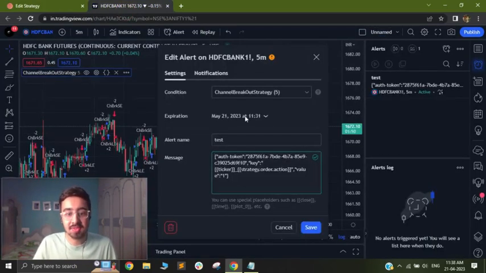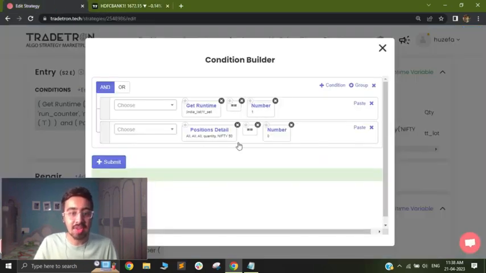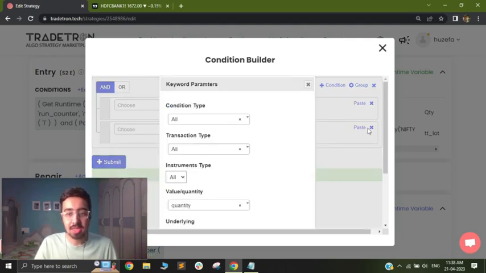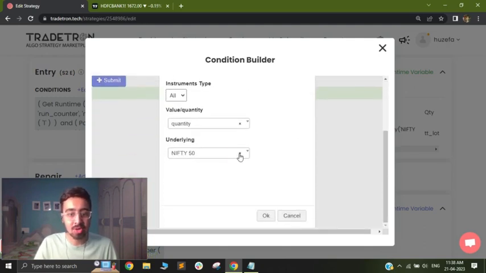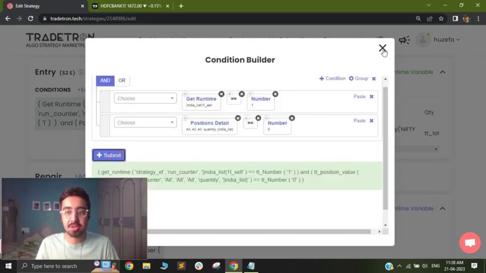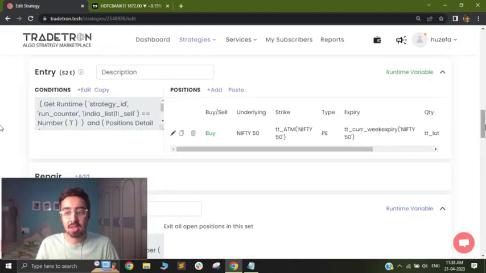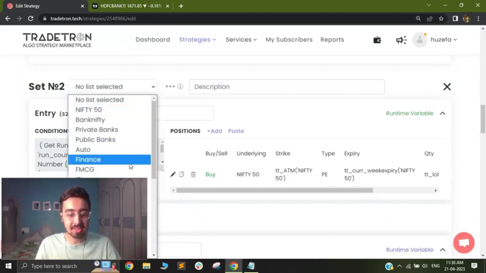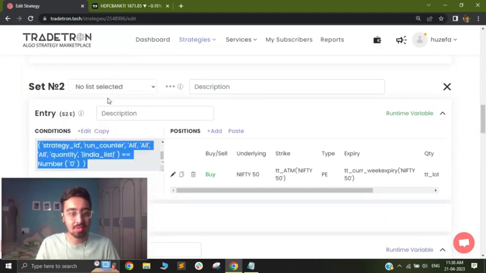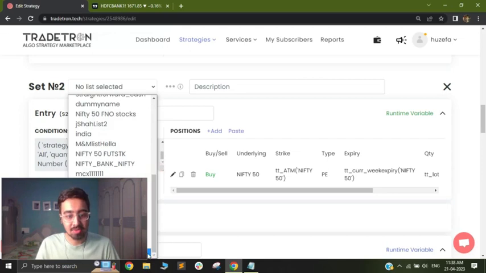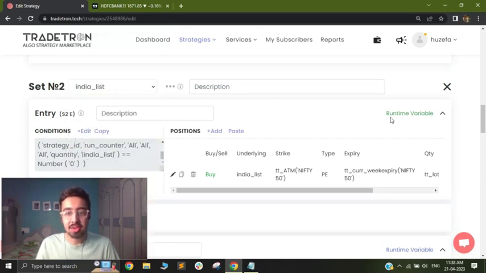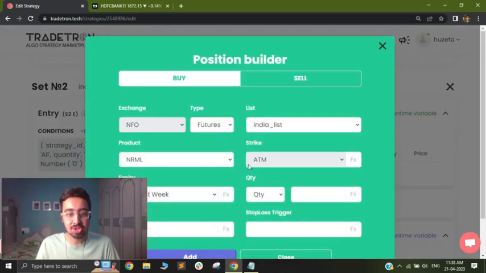So this will then pertain to my sell trade that will be triggered with value as number 1. Again, in position detail, I will change my instrument name to India underscore list and I'll select OK, submit it, close it. Again, in my set 2, I will select the same list, which is at the bottom of the page, and then I will delete my position builder, add my position builder,